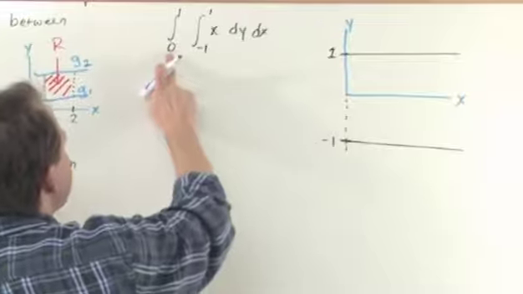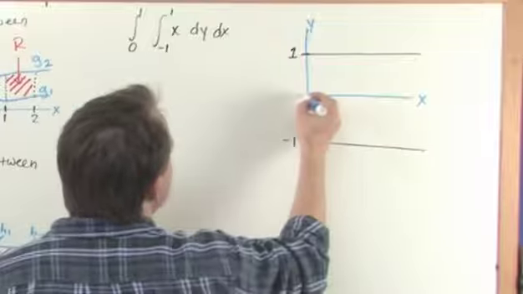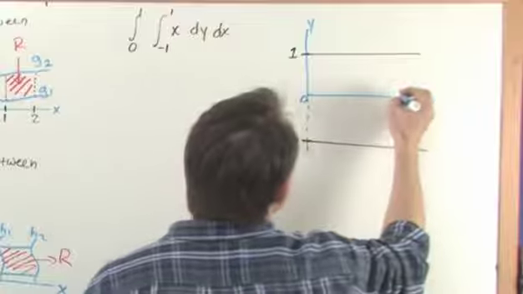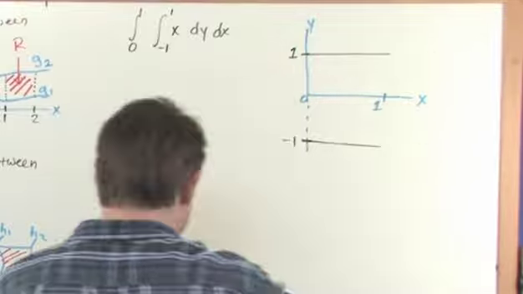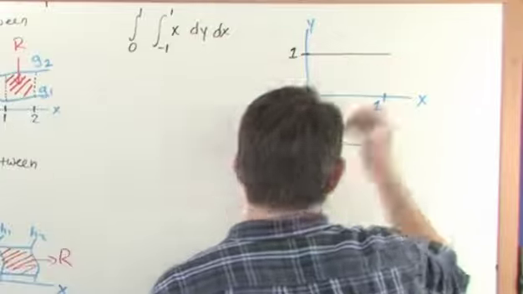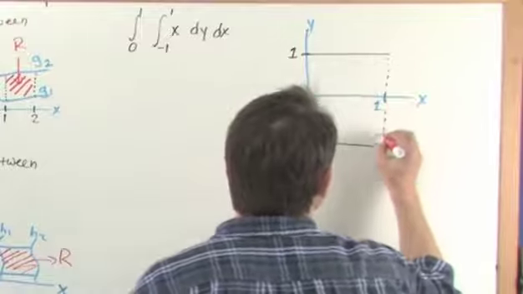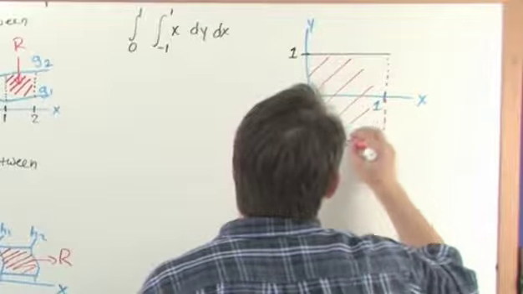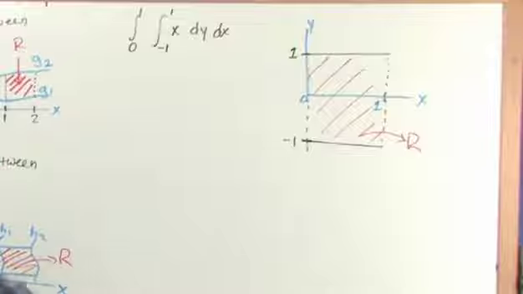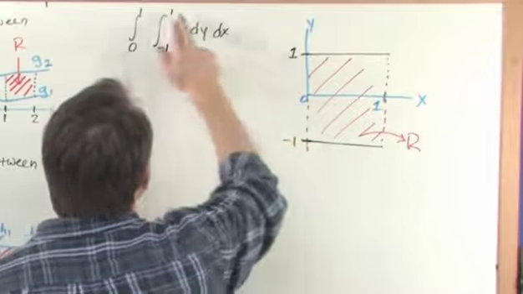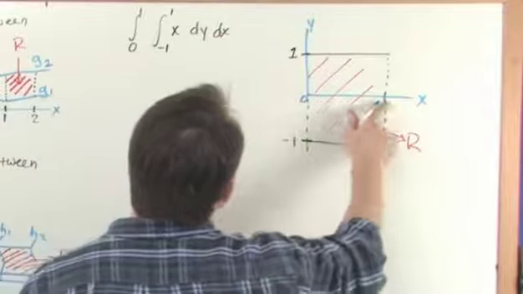And also I'm integrating from x is equal to 0, which is right there, on up to x is equal to 1, which, let's say, just for grins, is right here. So x is equal to 1. Okay? So if I enclose this like this, because it only goes this far, this right here is a region R. And that is what I'm integrating over, okay? I'm integrating from y is equal to negative 1 up to positive 1, and I'm integrating that function like this, and then I take the result and I integrate from x is equal to 0 to x is equal to